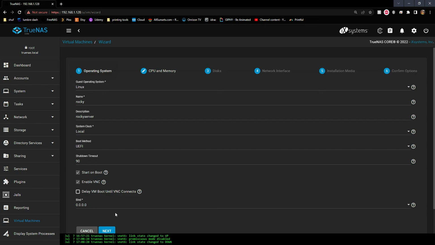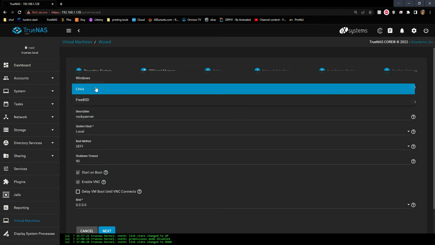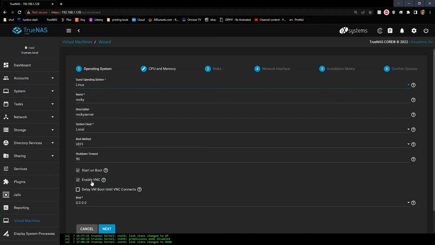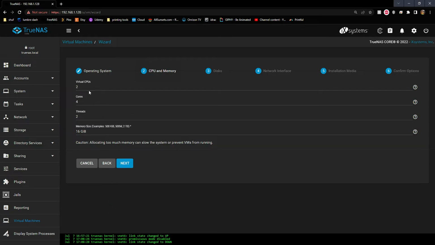So here we go. Select best operating system, choose Linux. Name, I just put Rocky. Description, Rocky server. Everything else is default. And next,